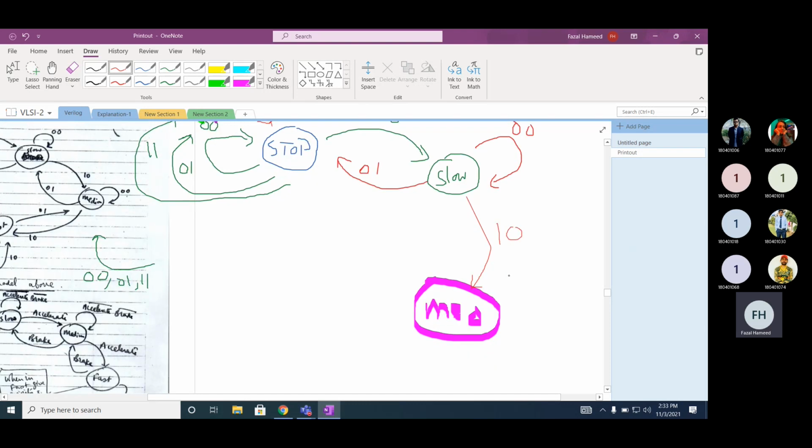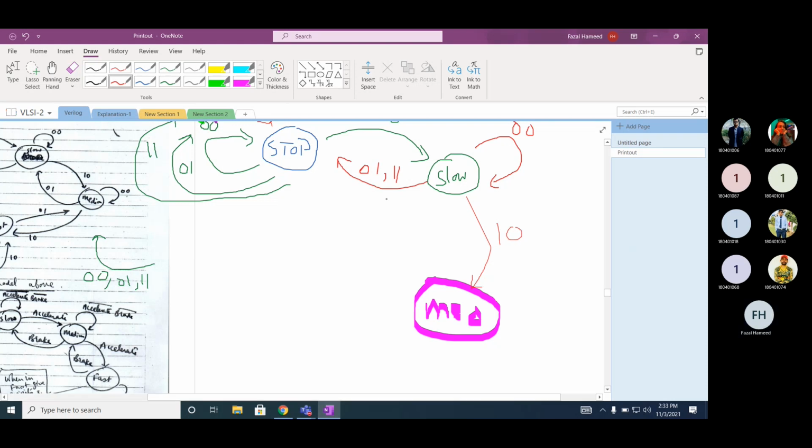And if it's 1 1, stop. So I am making a compact representation: instead of 2 arrows, we have a single arrow, and both input combinations are separated by a comma.